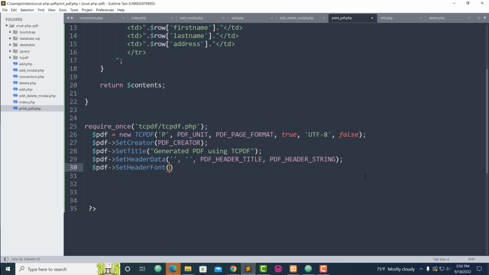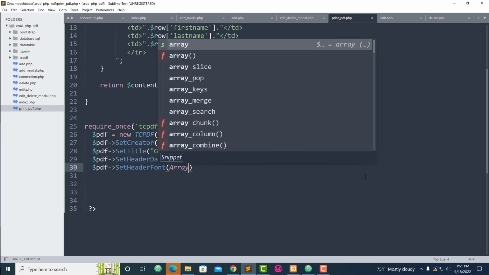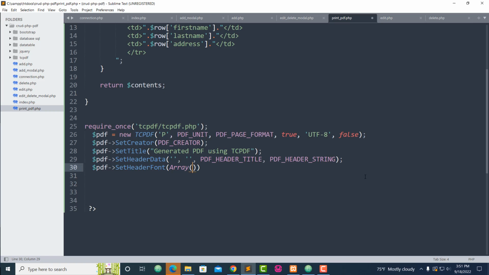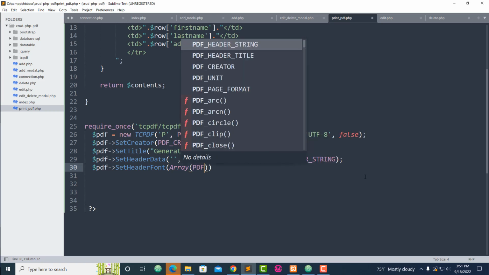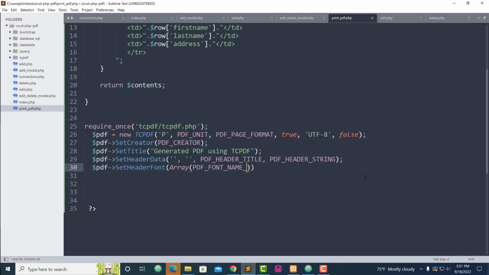Okay, array. All right, array PDF font, font name men, single quote, sorry,